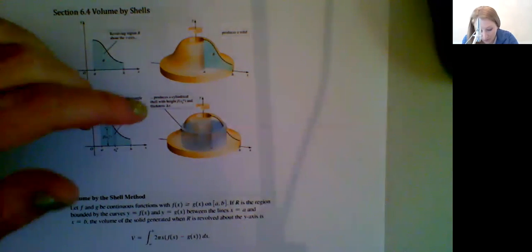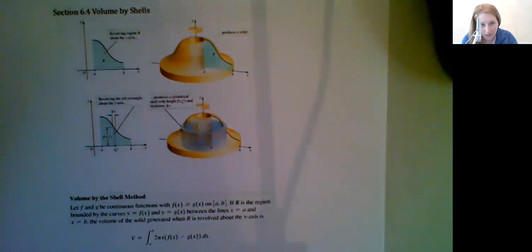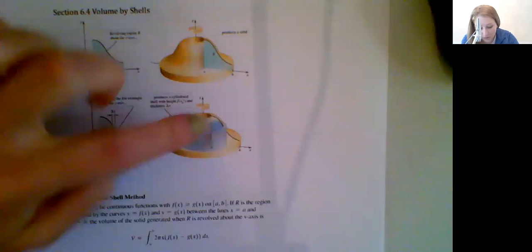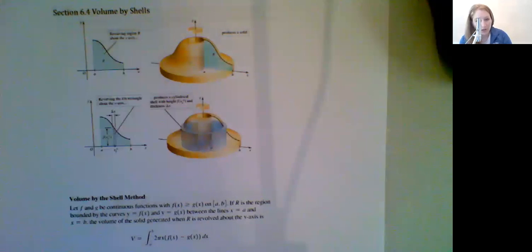Okay, so here we have section 6.4, and this is about finding the volume of functions by using the shell method. So what we're going to have to do is, here is a picture of what the shell looks like, and we have the choice to rotate around the y-axis or the x-axis, so it's going to make a difference what we do. And since we're going to end up having a circular portion, we're going to end up talking about